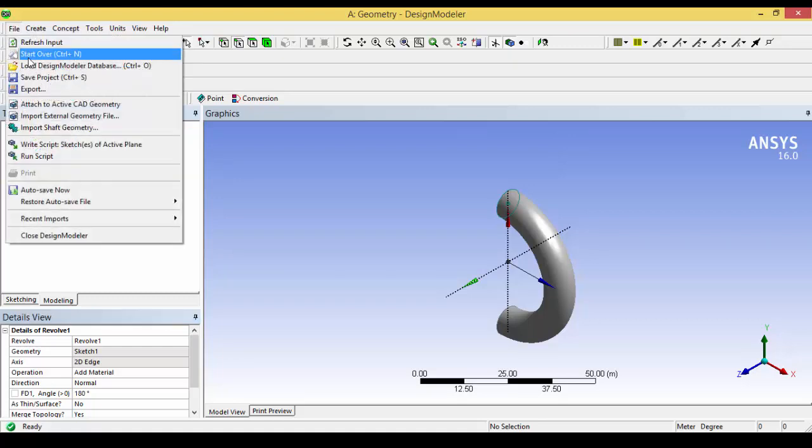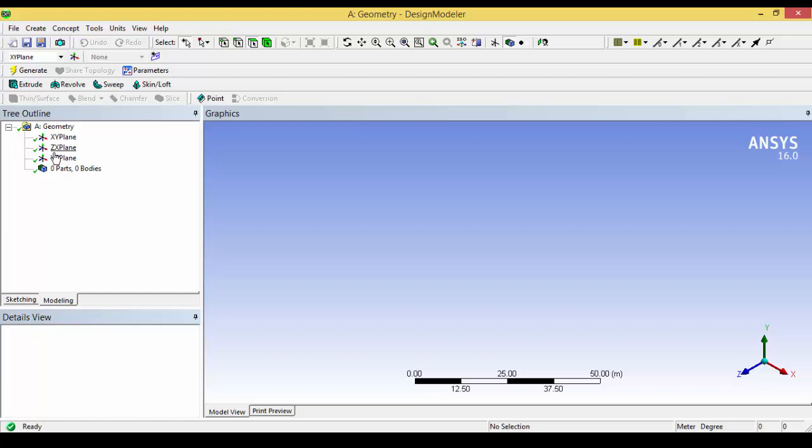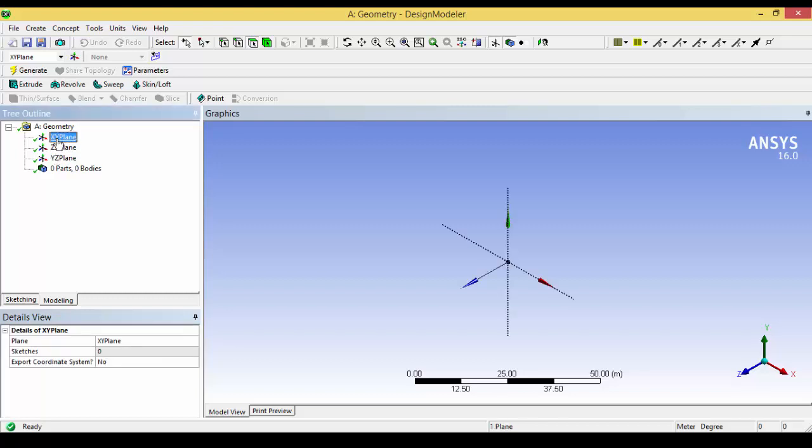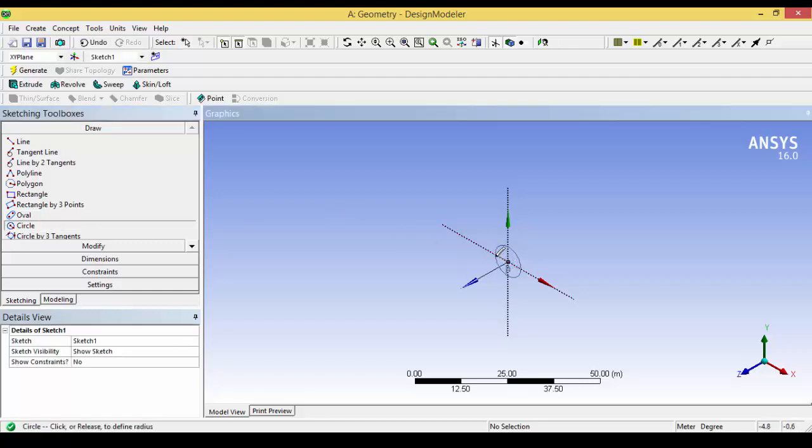Let us see that. Let's start over, and I am creating a sketch in the XY plane. In the XY plane I am sketching a small circle, and in the YZ plane I am creating one more sketch. That means the plane normal to that.